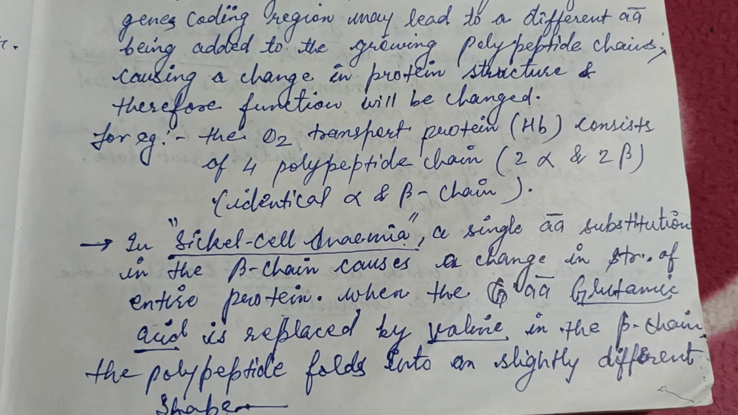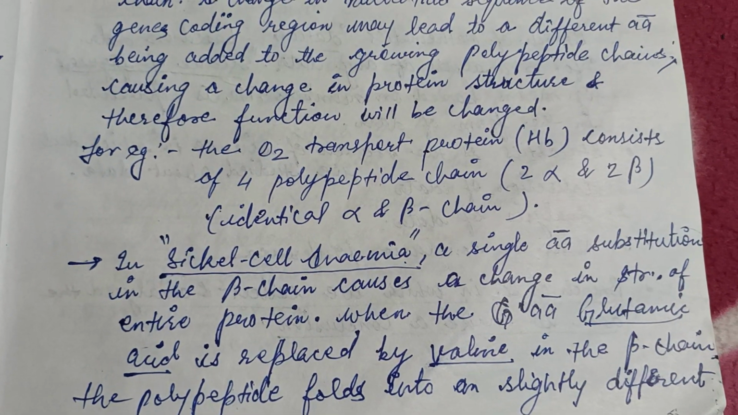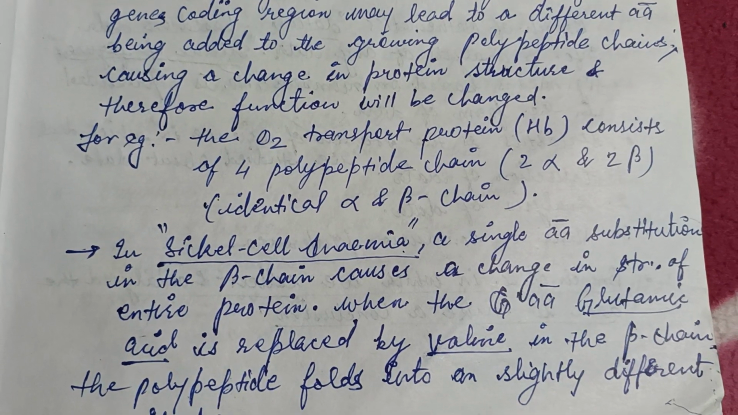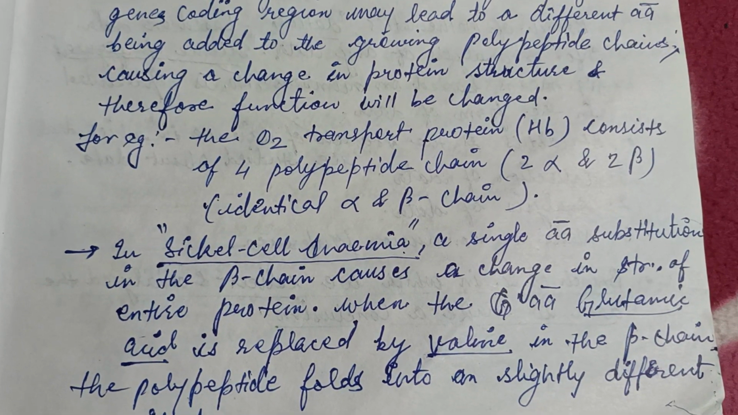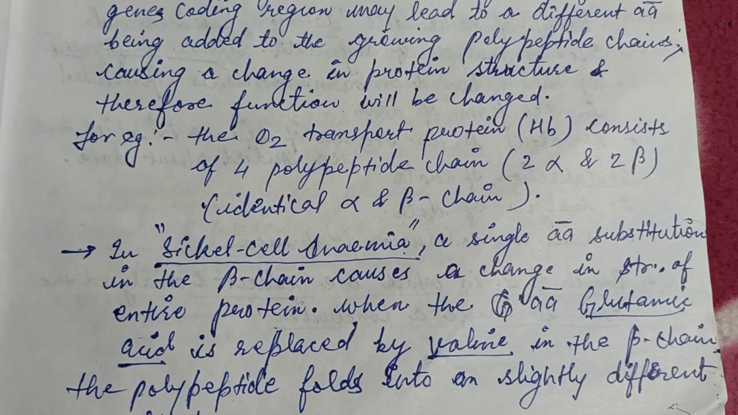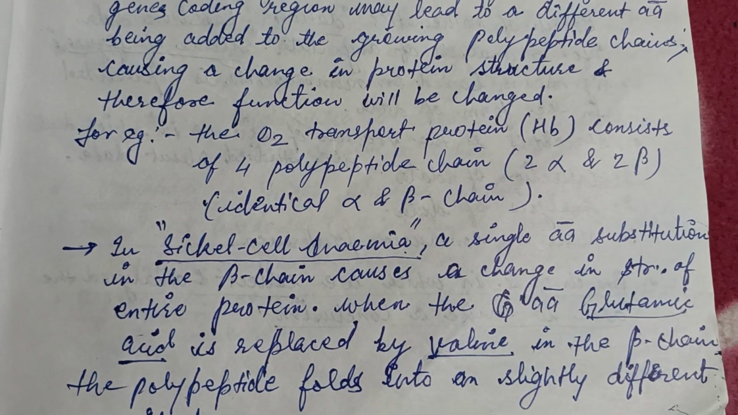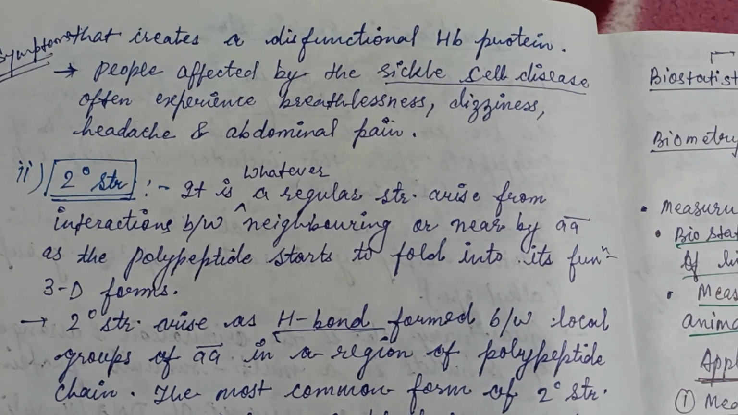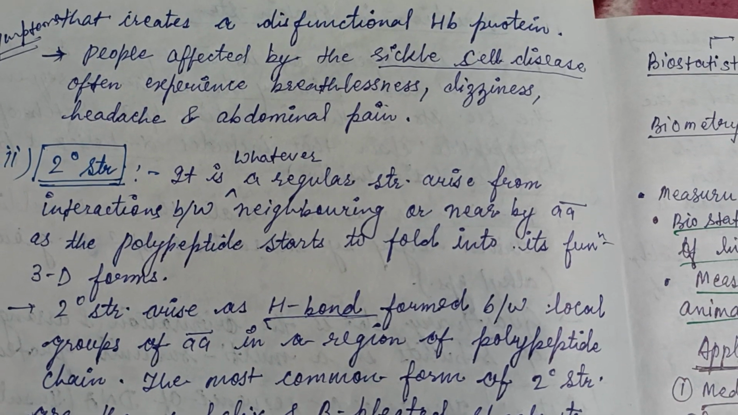In sickle cell anemia, a single amino acid substitution in the beta chain causes a change in the structure of the entire protein, when the amino acid glutamic acid is replaced by valine in the beta chain. The polypeptide folds into a slightly different shape. This example tells about a disorder of the primary structure, and this disease is called sickle cell anemia or